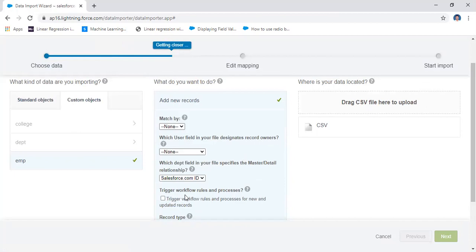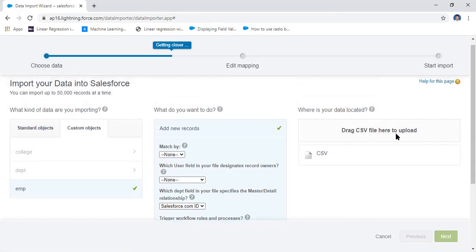Trigger workflow rules and processes: you may apply the trigger workflow rules here, and then click on here. That means you have a facility there, drag the file to upload. That means you drag and drop the file, otherwise you have to upload the file. Click on here. Here what is the file? I use it for this one. I am using this file name. This is a file.